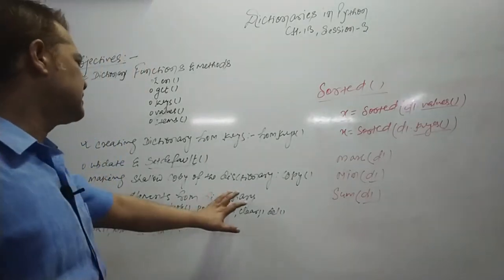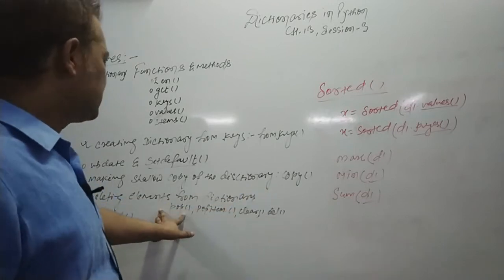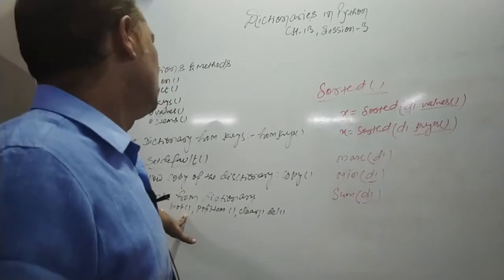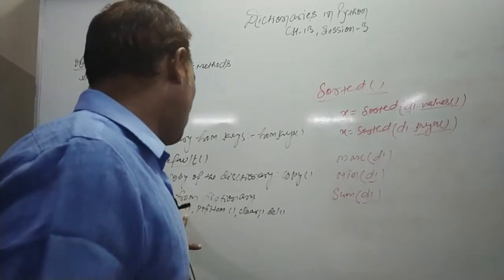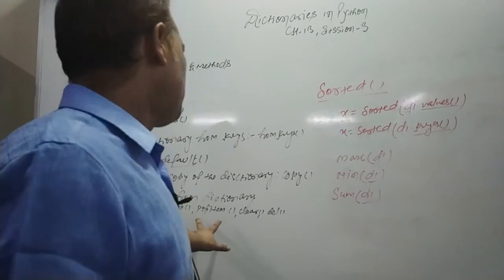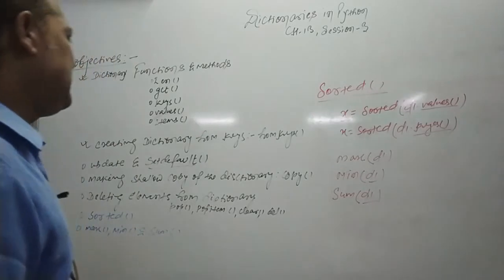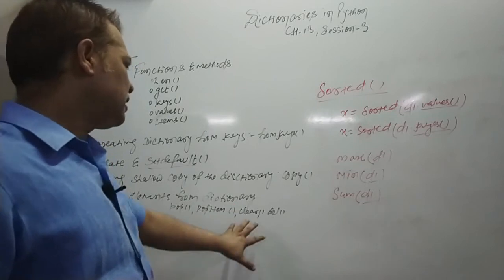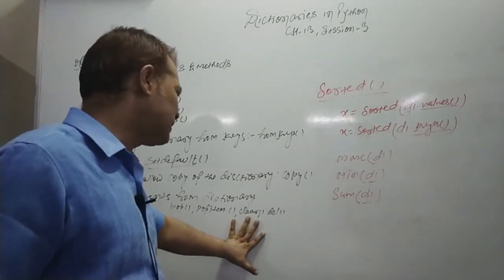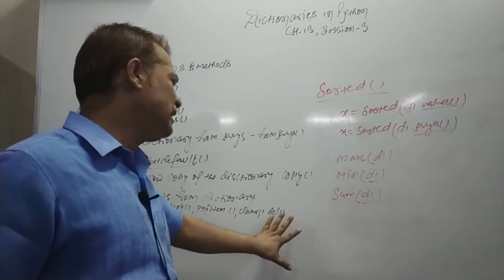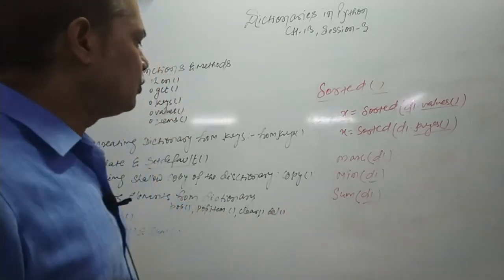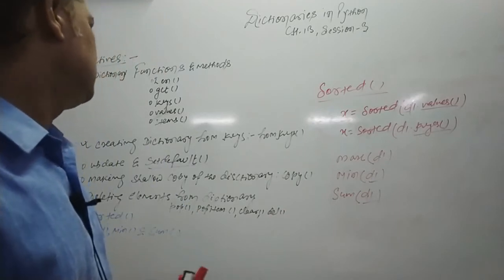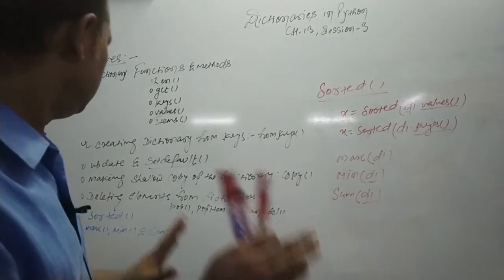And for deleting elements from the dictionary, we have different methods. Pop simply deletes a particular key that you mention as a parameter, so d1.pop with the key that you want to delete in brackets. The popitem method deletes the last item from the dictionary. It works on LIFO, last in first out. The clear method clears all the items from the dictionary. The del statement helps us to delete a particular dictionary permanently. So you simply use del and then the dictionary name. It will delete that dictionary.